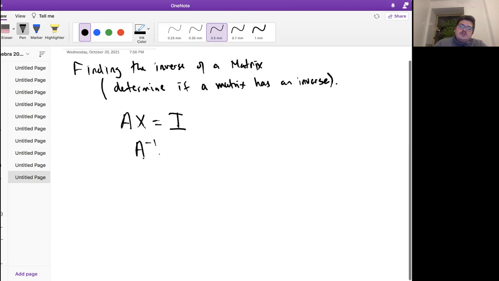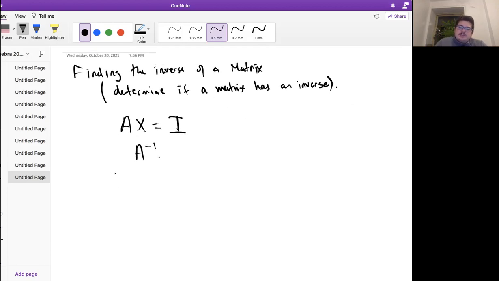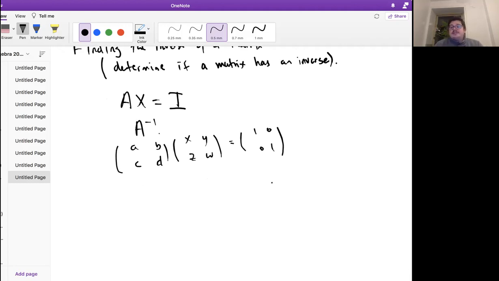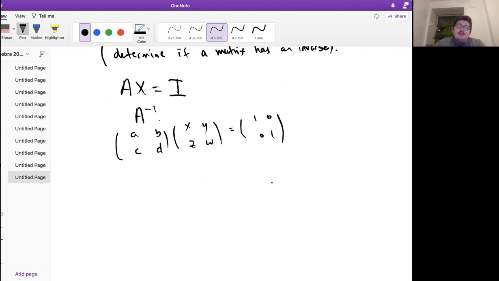So what I can do, this is essentially saying, maybe for a 2x2, A, B, C, D, and this is actually how we prove the inverse of a matrix, is that we're solving this system: A, B, C, D times X, Y, Z, W is equal to 1, 0, 0, 1. However, that's a little tedious. So what I could do instead is say that, okay, well, what I'm really doing is,